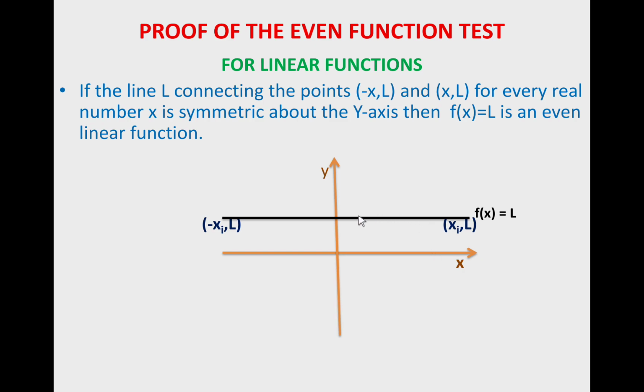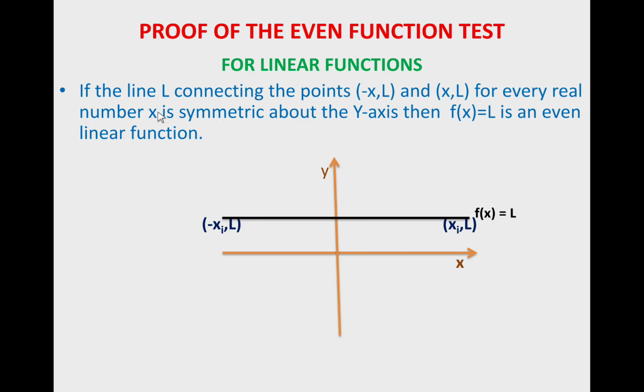So the only difference between f of x equal to L and the x-axis would be the fact that the x-axis is crossing at y equal to 0 and the line f of x crosses the y-axis at y equal to L. That's the only difference. So if that is the case, then let's go back to the hypothesis. If the line connecting the 2 points